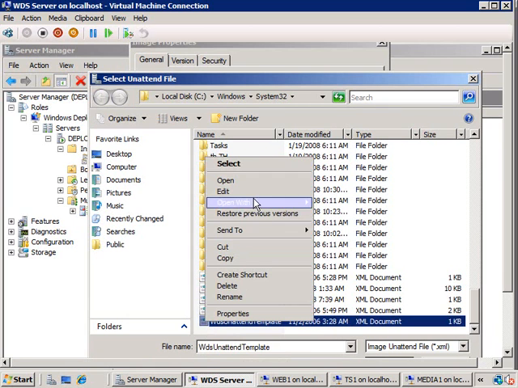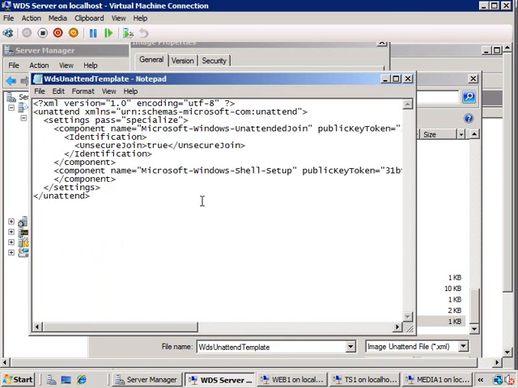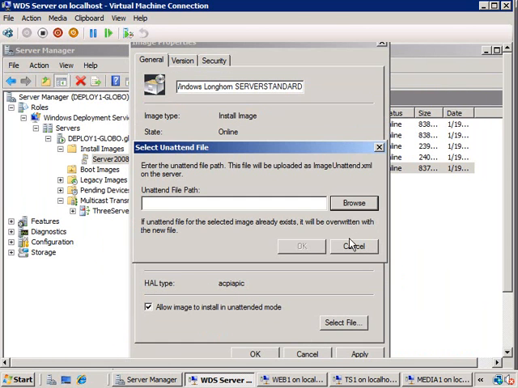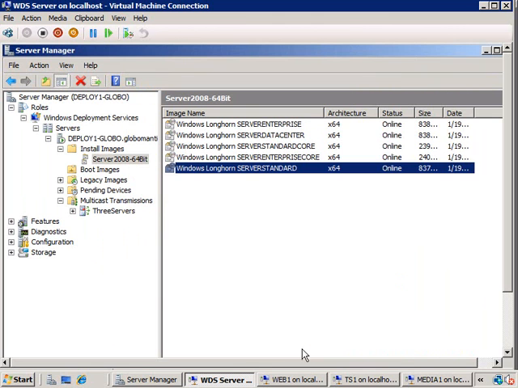I can right-click on this and select Edit just so you can see what an unattended file might start off looking like. It's basically an XML file that has very specific sections that you can go in and specify different options and switches for your installation so that you don't have to be at the machine at all. It'll just happen automatically. Now, writing unattended installation files can be a little bit complex. So rather than show you how to write them, because quite frankly, that could be 2 or 3 hours worth,